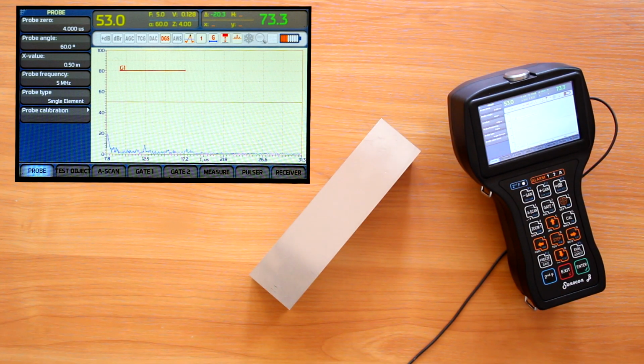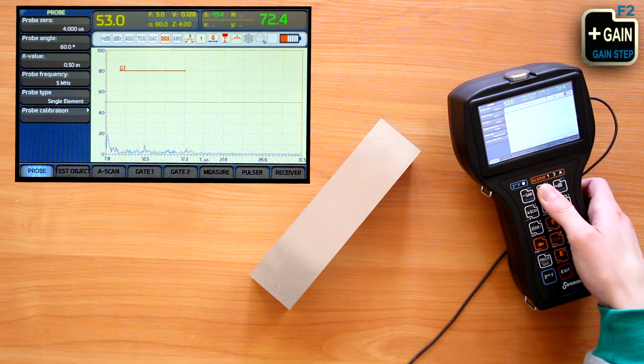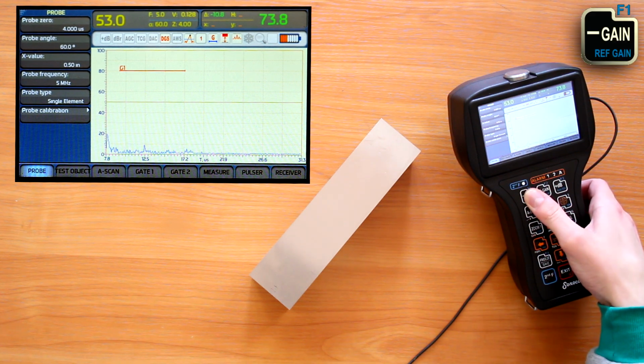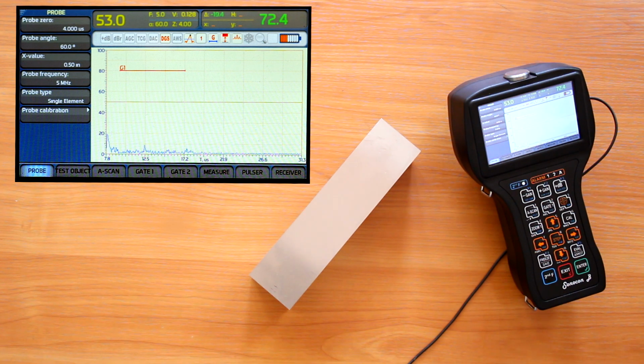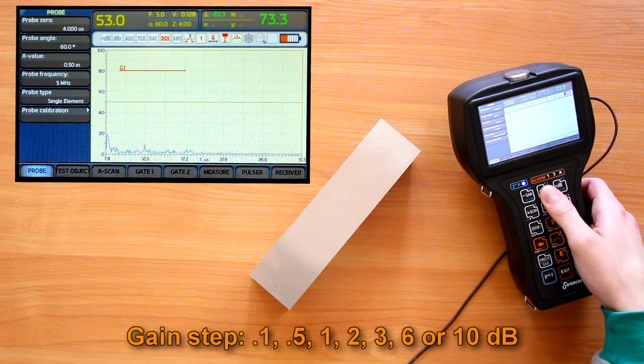One of the most important settings of a flaw detector is its gain. And now I'd like to describe 3 gain-related functions used during setup procedure. First of all, we can adjust the gain value with gain minus and the gain plus buttons. We also can choose the step of this adjustment with second function plus gain plus from this set: 0.1, 0.5,